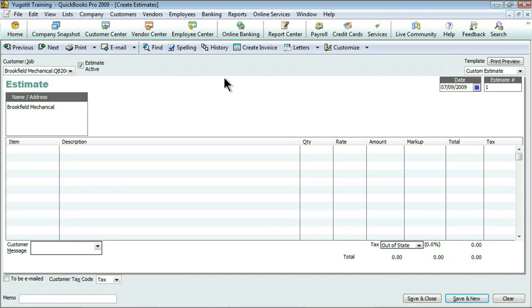Just like with our cash sale, we need to go over to the right-hand side, make sure that we have a correct date as well as an estimate number. And I'm going to do the same thing here. I'm going to start at a different number. Just make that 1001. And then we will come down and we'll be ready to get started with actually itemizing